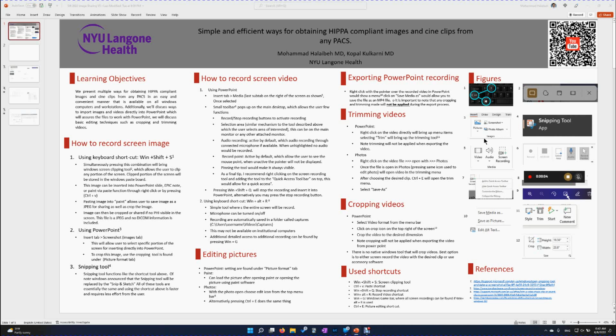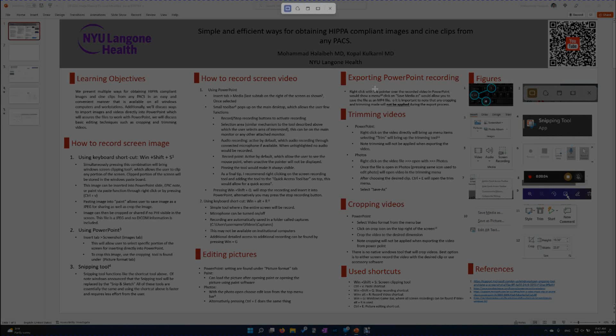So first of all, we'll talk about a few shortcuts. The first shortcut is Windows Shift S. As you can see, pressing this combination on the keyboard, I will press it now and you'll see what it will do. So Windows Shift S, pressing those keys simultaneously will present you with this window or tool, which is similar to the snipping tool, except now you just press Windows Shift S and it will allow you to clip any